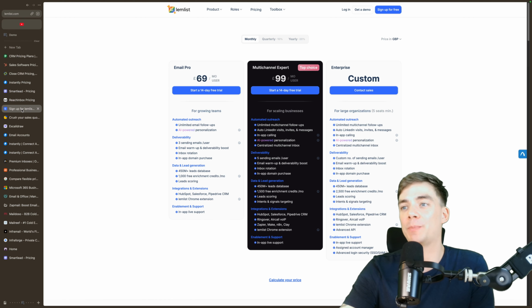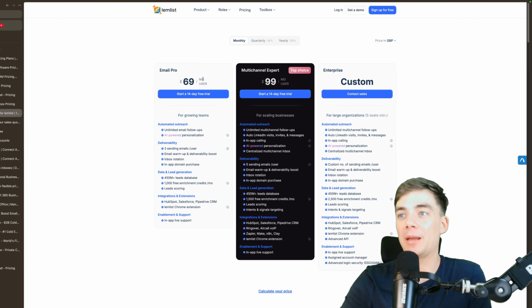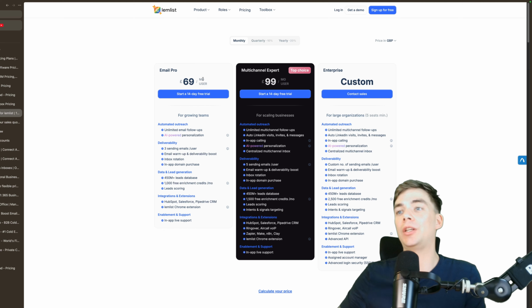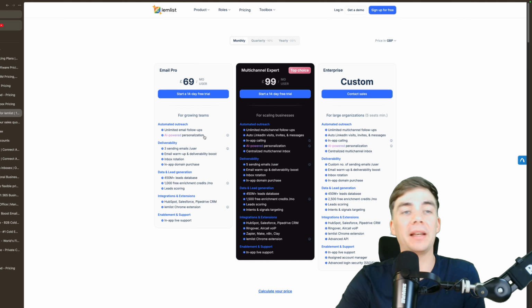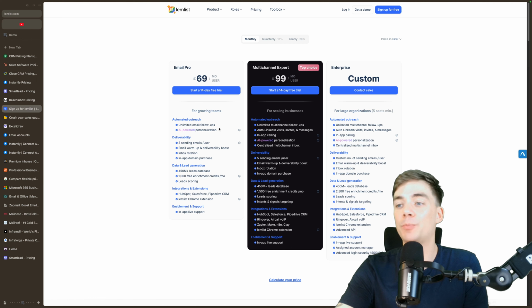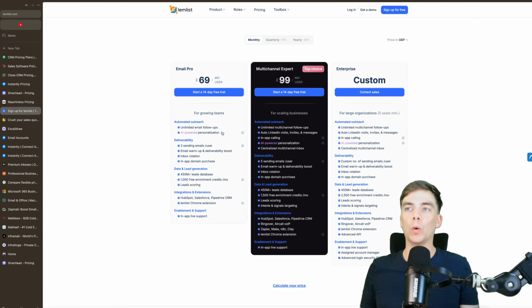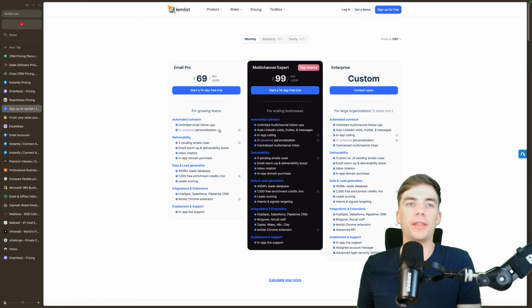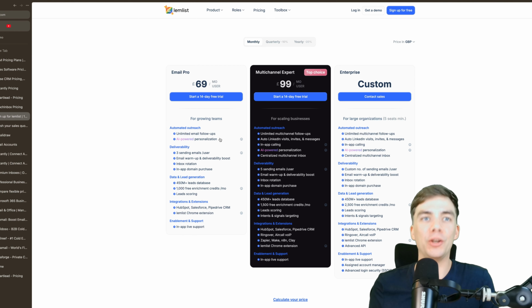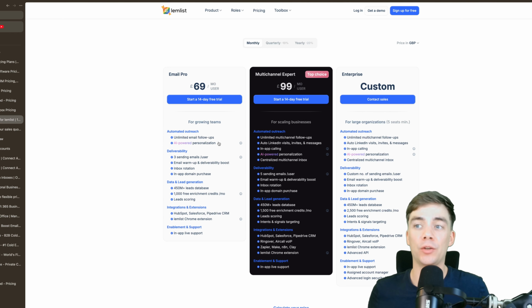Lemlist is a bit more expensive, with 3 sending emails per user, and you pay per user. So it's all done on actually quality content. I suspect their AI powered personalization is significantly better than the other softwares, because they're set up for this. So if you have a smaller audience, let's say your target market is considerably smaller and you won't be reaching out to over 1,000 customers every month, and you don't want to use your CRM software, then I suspect Lemlist is going to be the one for you, purely because you're going to get better